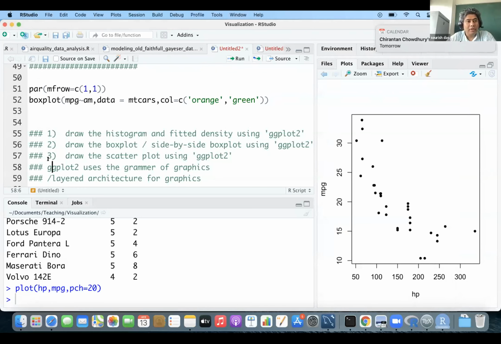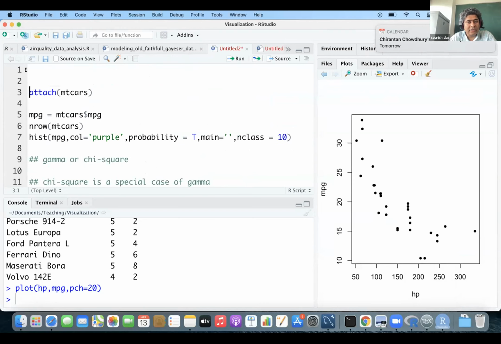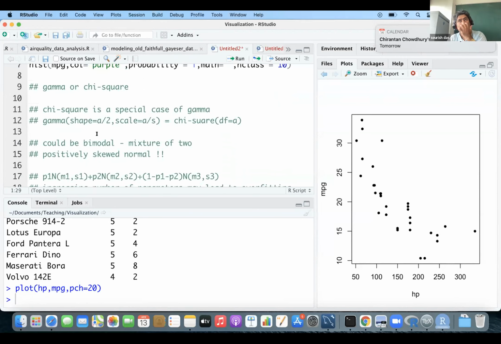So this exploratory data analysis is an extremely important part of any data analysis. I've just started with the exploratory data analysis. And typically, visualization, or the graphics, is part of this exploratory data analysis. So we may have to create a bunch of graphs to understand the relationship between the variables or the distribution of a particular variable.